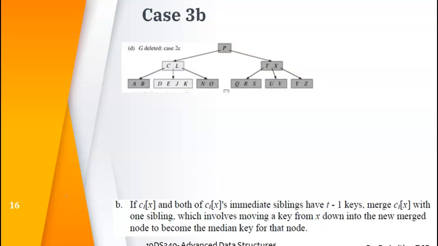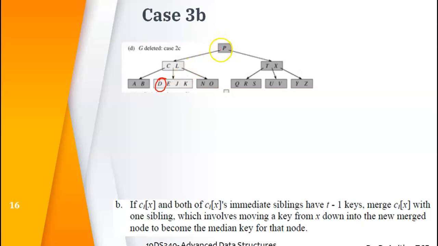We come to another option. What happens if I am searching for a key and moving down? In the first case we talked about how to delete from a leaf, and in the second case how to delete from an internal node. But in this case we'll talk about how we do merging and splitting while we navigate down. For example, here I search for D. I'll try to delete the D. Although it is in the leaf node, I should be processing only from the root. So I'm going to process from the root.